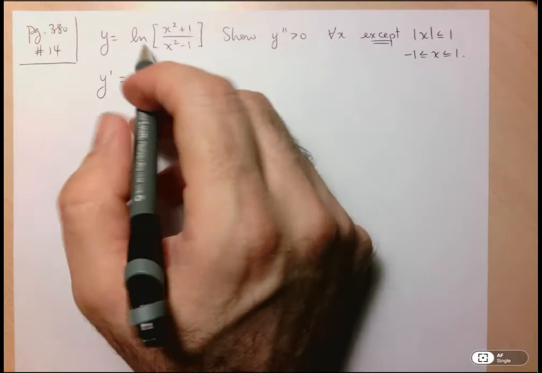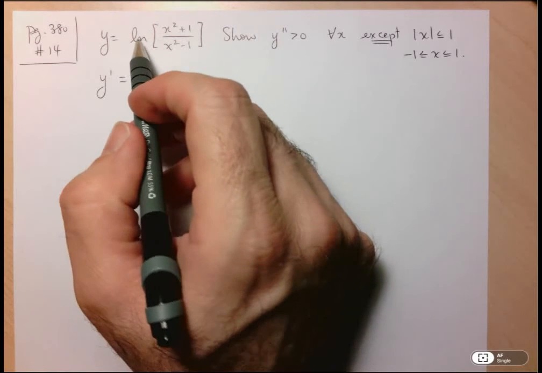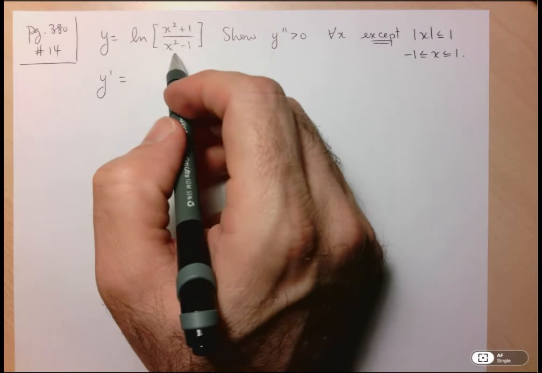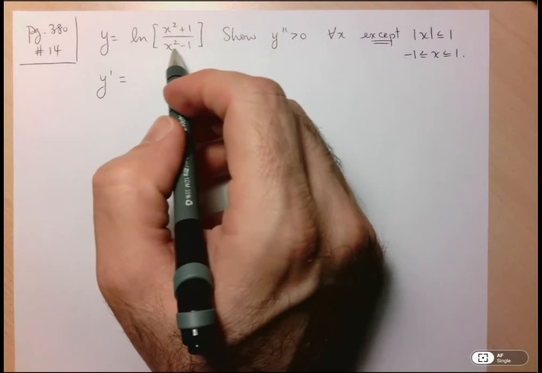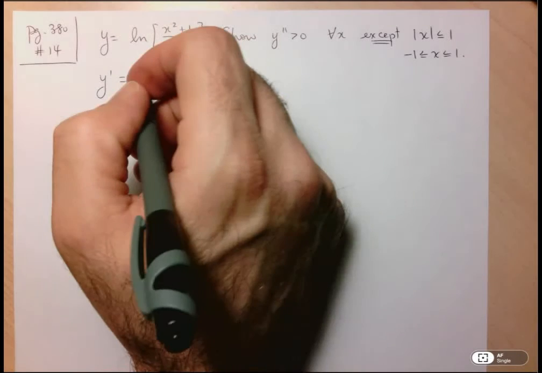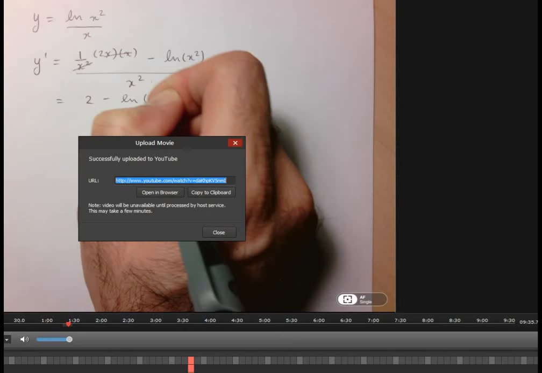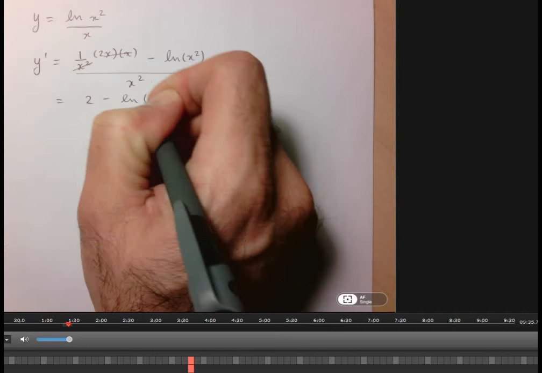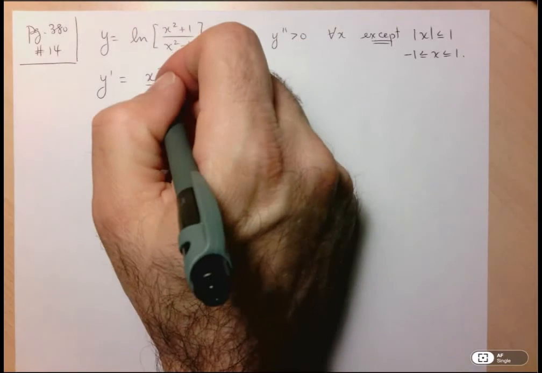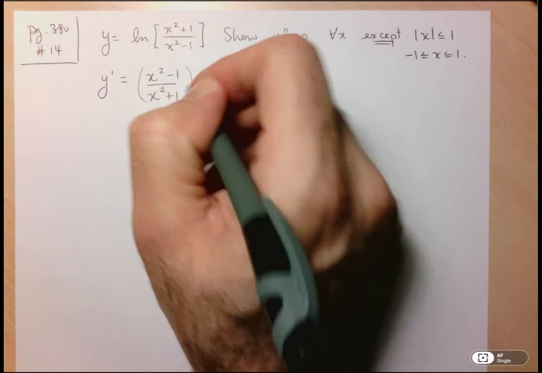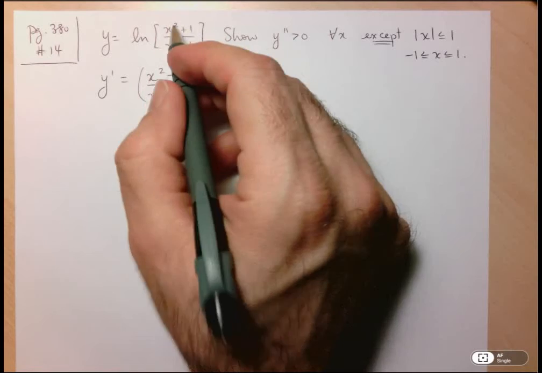So here I have to use the chain rule. The derivative of ln u is 1 over u. So 1 over this expression here, which is the same thing as saying the reciprocal of this expression. So I'm just going to skip that step and go straight to writing x squared minus 1 over x squared plus 1. Okay, and then of course I have to multiply that by the derivative of the inside,